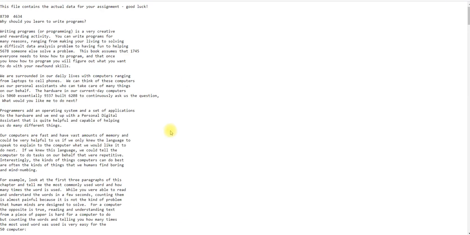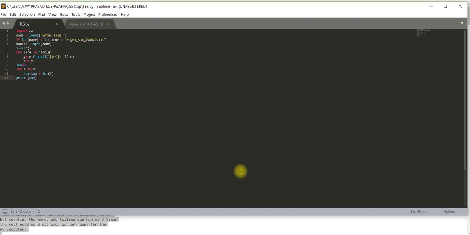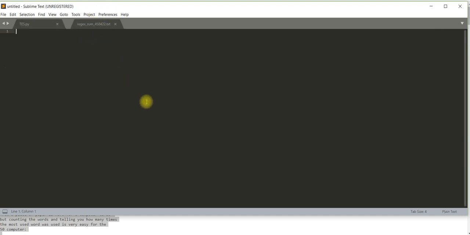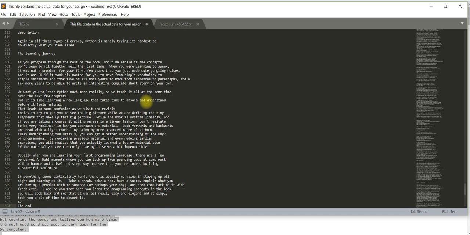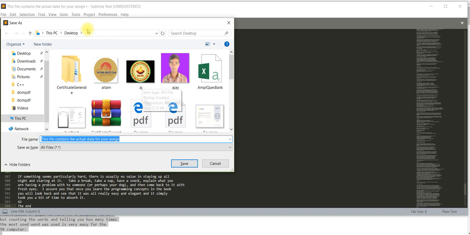Those all I have to abstract. So you go and copy, and you go in any editor, like Sublime editor, any editor you can go and you can work. So I have already gone, and you press Ctrl N for new, and you paste it, and you save the file. So how to save the file? You save the file, Ctrl S, and on desktop you save will be better.